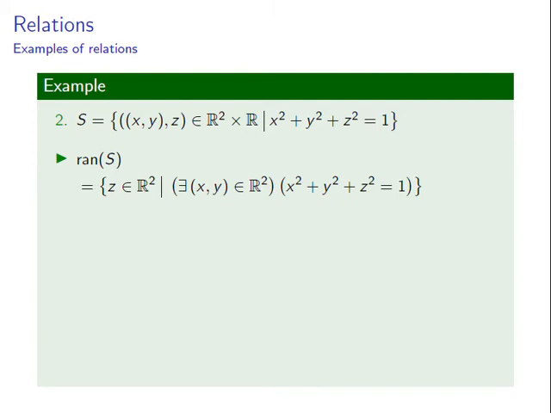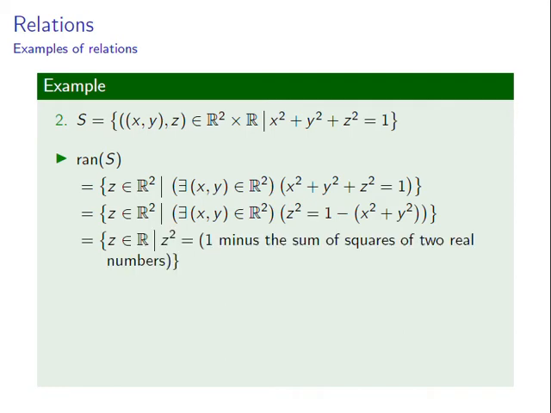The range of S is the set of all real numbers z with the property that for some ordered pair (x, y) of real numbers, x squared plus y squared plus z squared equals 1, or equivalently, z squared equals 1 minus the sum x squared plus y squared. In other words, z squared is 1 minus the sum of the squares of two real numbers. Since the sum of the squares of any two real numbers is a non-negative real number, and since every non-negative real number can be written as the sum of the squares of two real numbers, the range is equal to the set